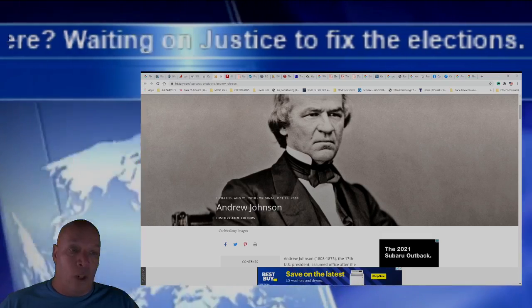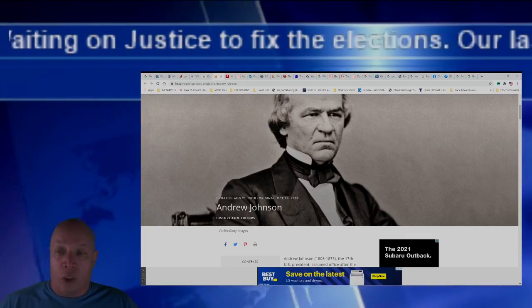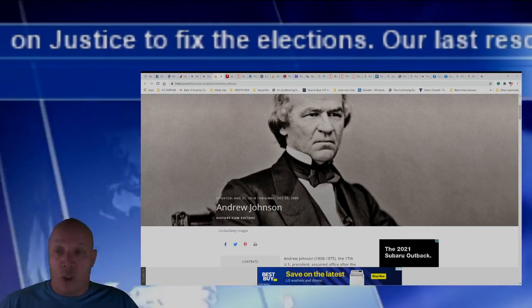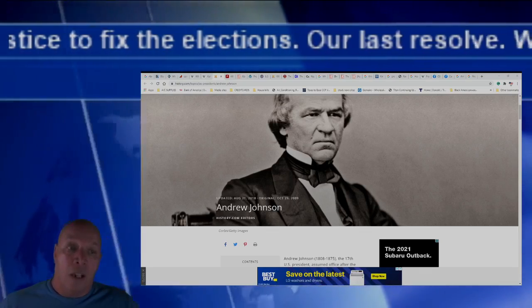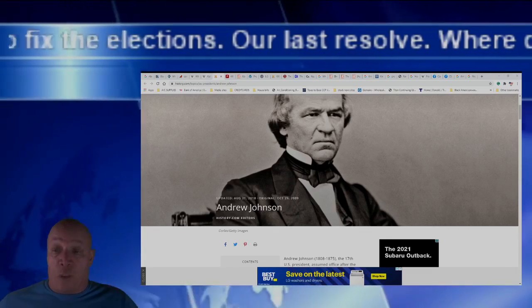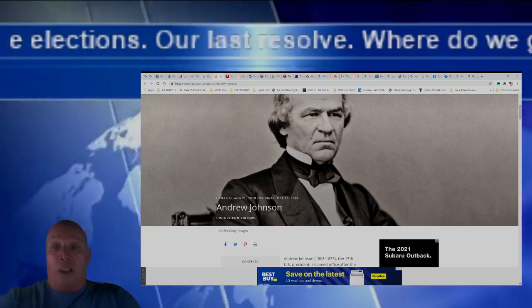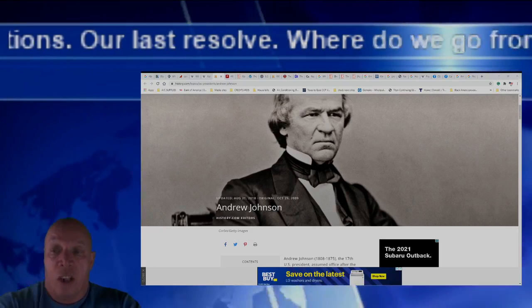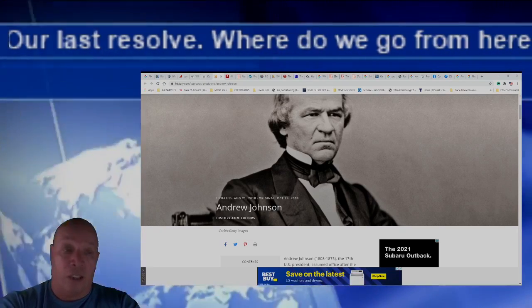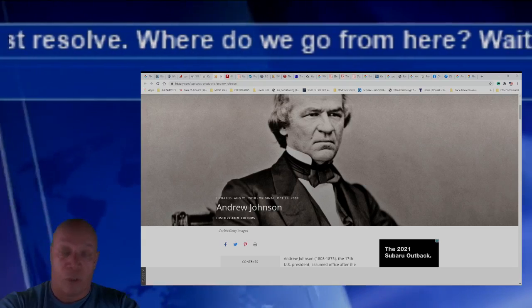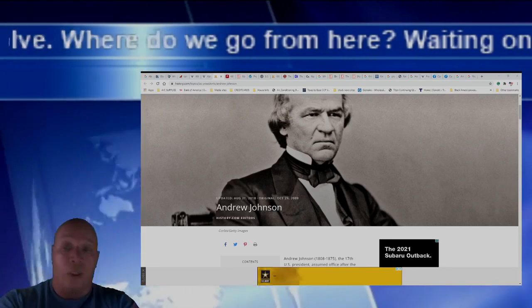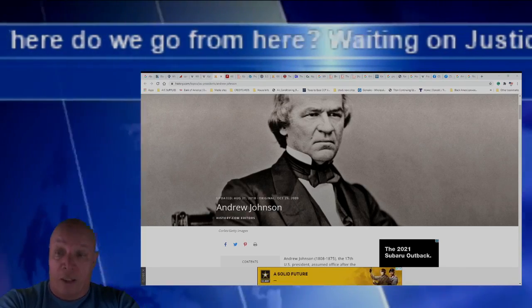So, Lincoln offered for the Reconstruction that if they took an oath of allegiance to the Constitutional Republic of the United States of America, they could be reinstated as citizens, except for those of high command with the Democratic Party's Confederate states, such as Jefferson Davis, the president, and those of the Confederate Army and military and generals and what have you. They would be held accountable, and he had most of them already sentenced to death for treason against